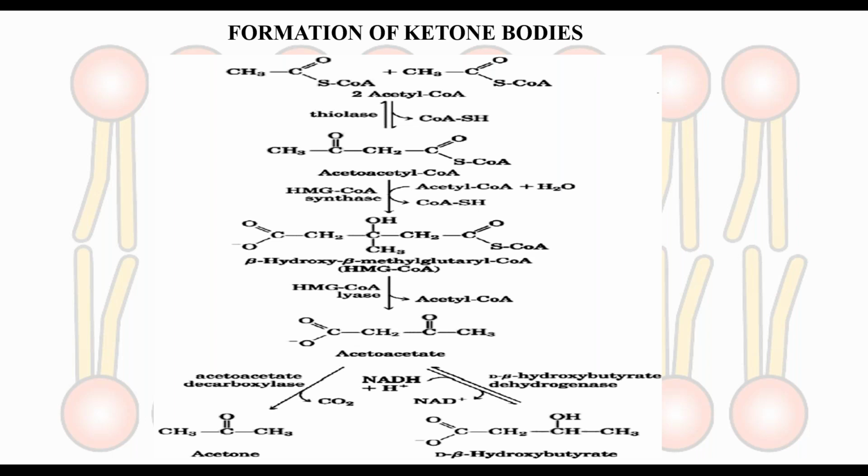The next step involves this acetoacetyl CoA combining again with another molecule of acetyl CoA to give beta hydroxy beta methyl glutaryl CoA, that is HMG CoA. So two acetyl CoA groups come together in the presence of thiolase enzyme to give acetoacetyl CoA, and then this acetoacetyl CoA